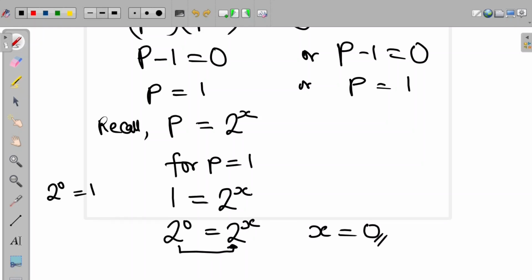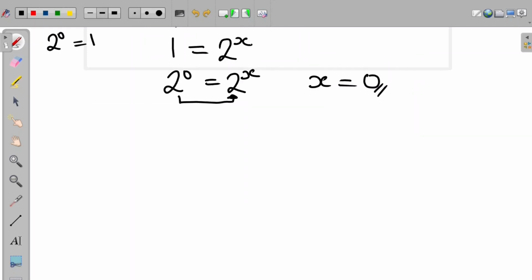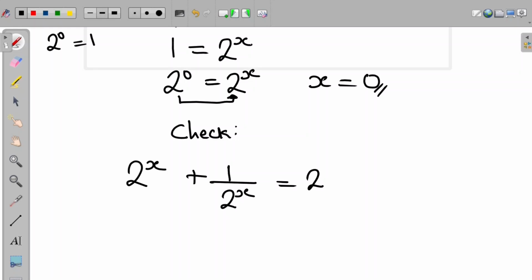So most times it is good to check if your answer satisfies the equation. So let us check if x equal to 0 satisfies our equation. So the equation given to us was 2 to the power of x plus 1 divided by 2 to the power of x is equal to 2. So at this point, we want to check if the left-hand side is equal to the right-hand side. So the value of x is equal to 0. So we have that 2 to the power of 0 plus 1 divided by 2 to the power of 0